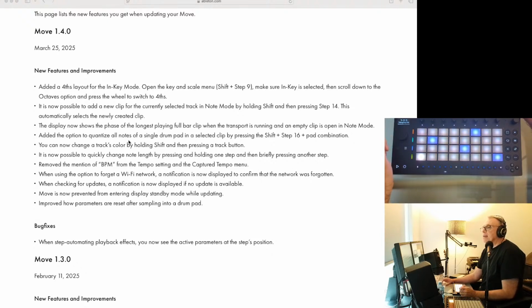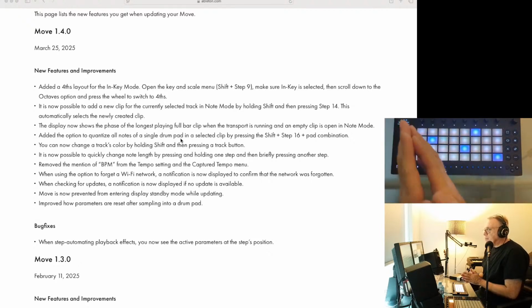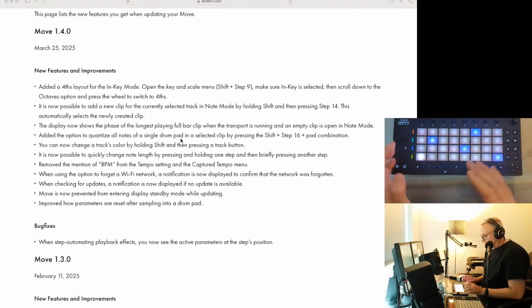Okay, added the option to quantize all notes from a single drum pad in a selected clip by pressing Shift, Step 16 plus pad combination. This is interesting because if you don't want to quantize your whole drum kit,